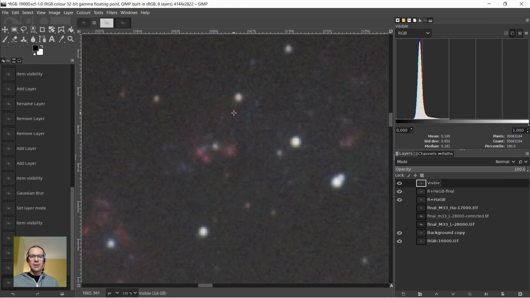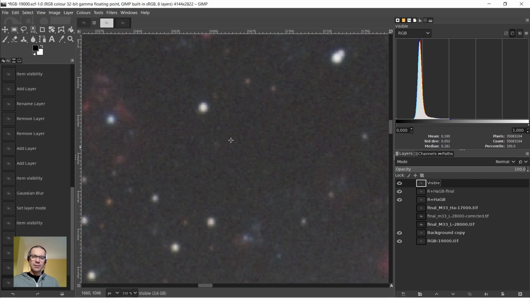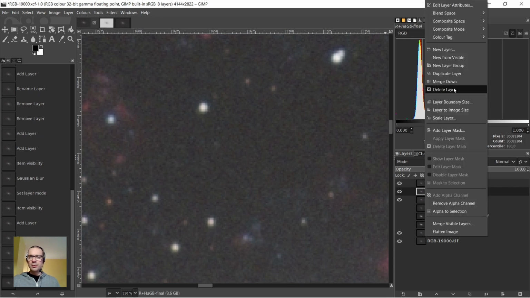You can see that in the corrected version there is noise in the background, but it's not so colorful because all small pixels with various colors were blurred, so the background is more equalized in color. Alright, so this is our H alpha R plus H alpha GB final one, after chrominance noise removal,